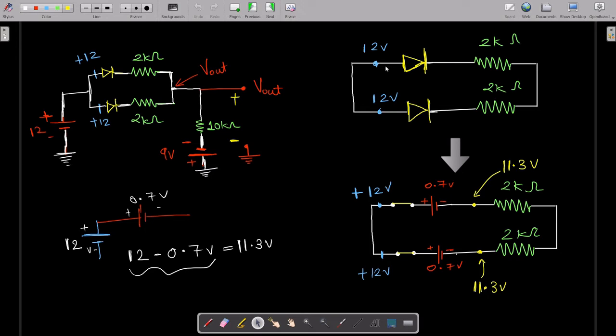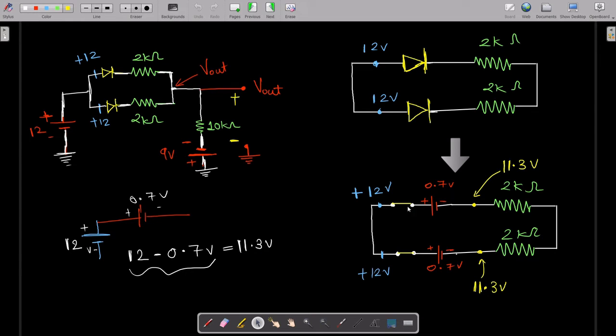Then, since this 12 volts is approaching a diode, we did the modeling of the diode, and based on the modeling, we saw that this 0.7 volt opposes the 12 volts. We didn't apply KVL overall, but we applied the concept of KVL: plus 12 volts and minus 0.7 volt. Since the 0.7 volt opposes the 12 volts, we end up getting 11.3 volts as the answer.